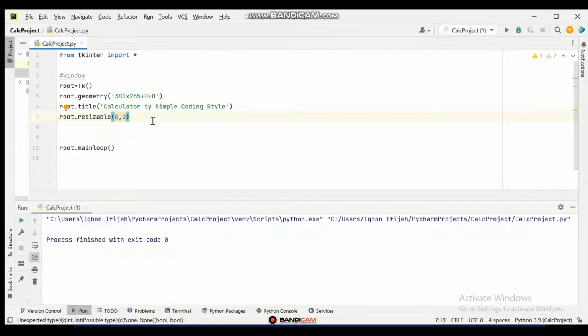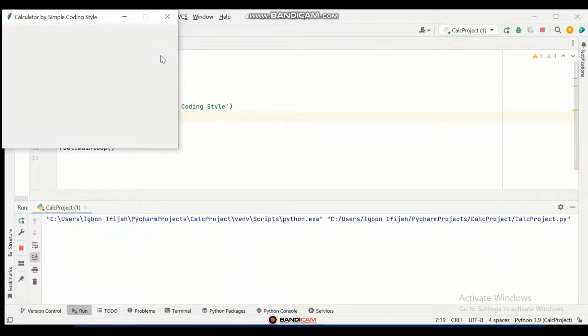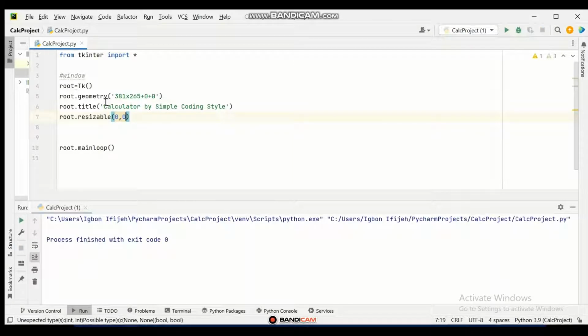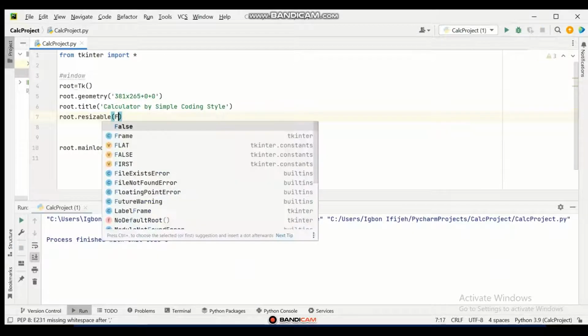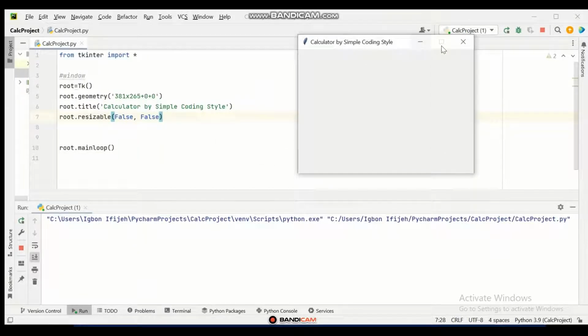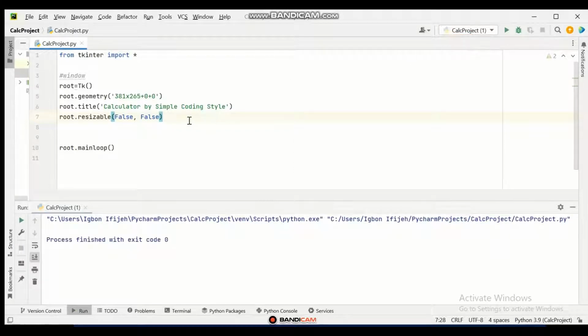So the x and y axis are on default, right? Okay, so let's run this. See here, this has been disabled. Okay, but I could also use the false statement like this, depending on your choice. They all carry the same meaning. Okay, so you can see it's false. I have disabled this. All right. Okay, so